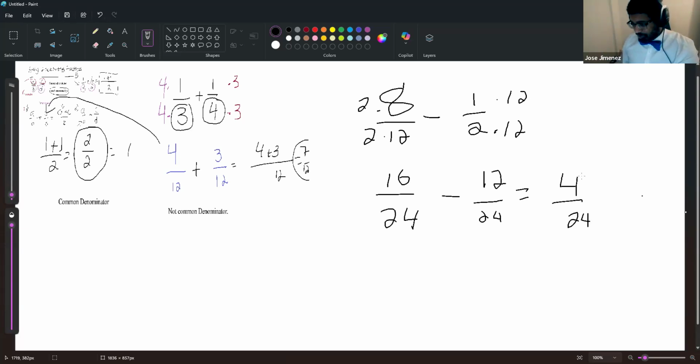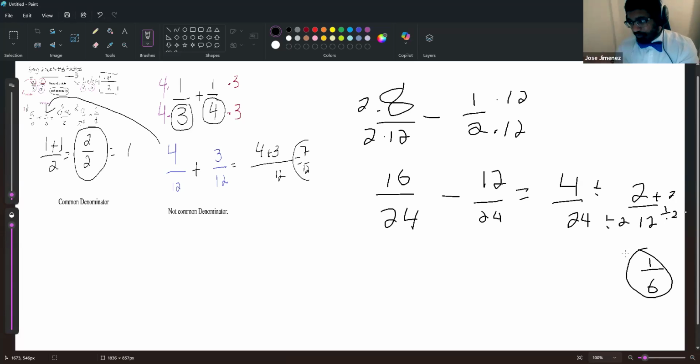And then all I have to do is just, hey, wait, this guy's even, this guy's even. Why not just divide by 2? So if I divide this by 2, I get 2 over 12. And I could go even further and keep dividing by 2, and I'm going to get 1 over 6. And that will be my final answer,